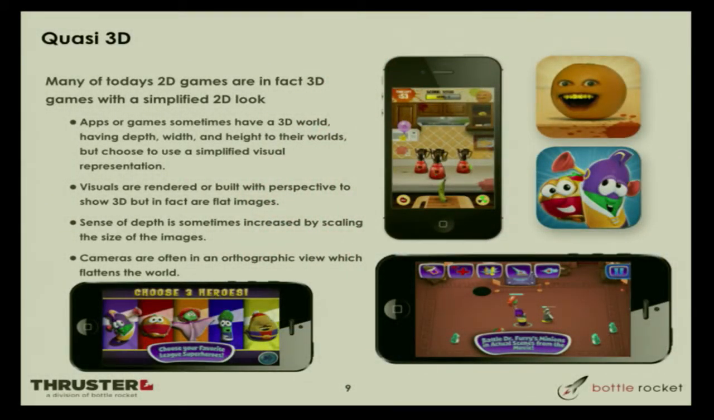These may be games that actually have some 3D, as in there's actually depth, but it's still a simplified 2D look. For the programmers, it's a polygon or a card that's just moving backward and forward, and it's always facing the camera. It's always billboarding. Apps or games sometimes have a 3D world with depth and width, but there's a simplified visual representation